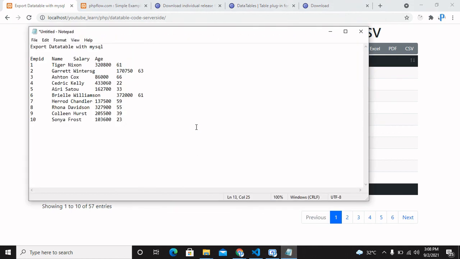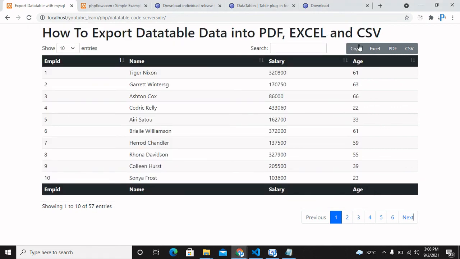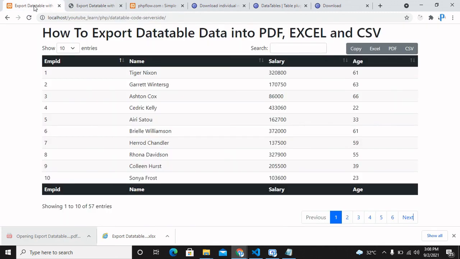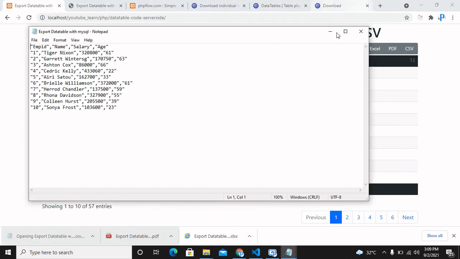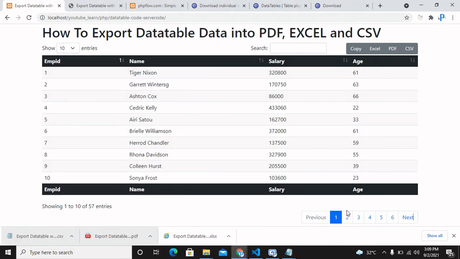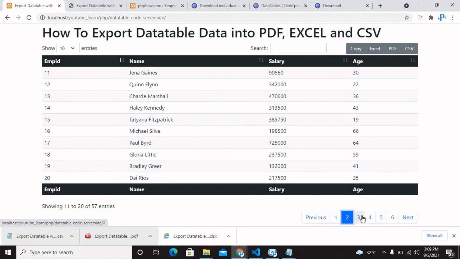You can paste them anywhere. The Excel option will create the current page in Excel format. The PDF option will create the data in PDF format, and CSV will create the data in CSV format. And this is the pagination, which is running on the server side.